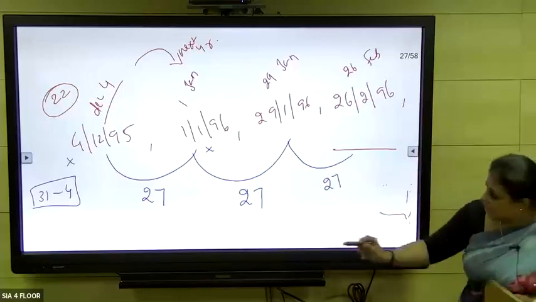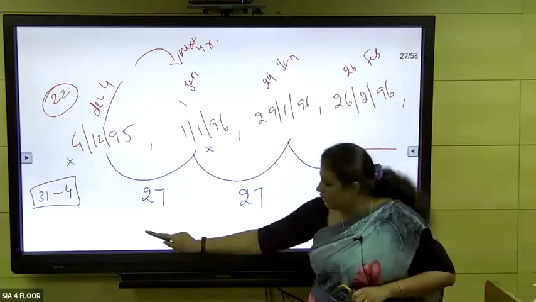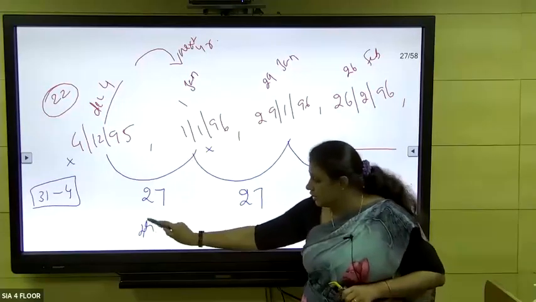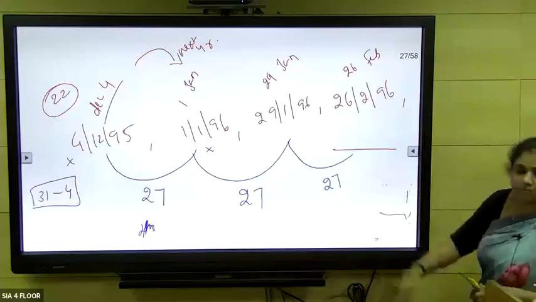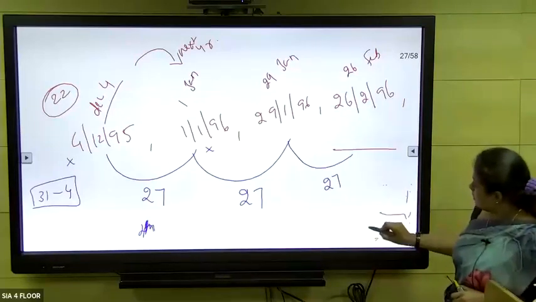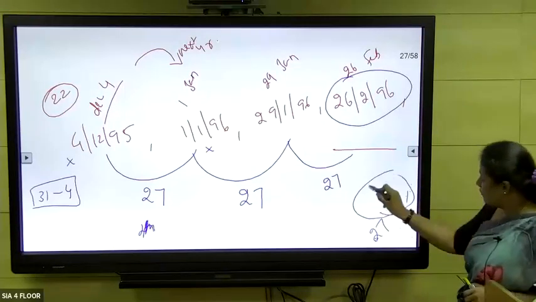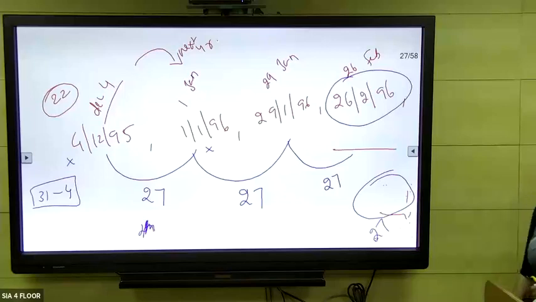Okay. You can put even 28 considering any one, or even you can put 29 considering both. You can do anything, but this is comfortable for me for calculation, so I'm doing like this. So this date and this date should have 27 gap in between. So what is the answer? You tell me.